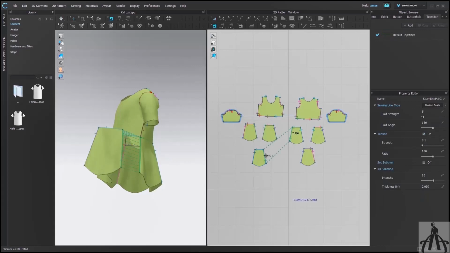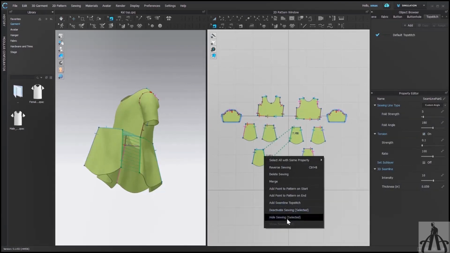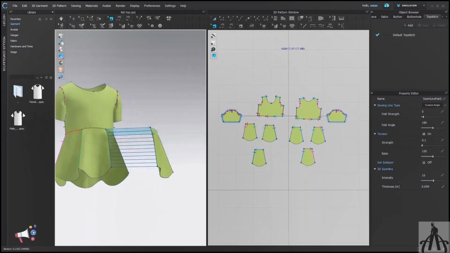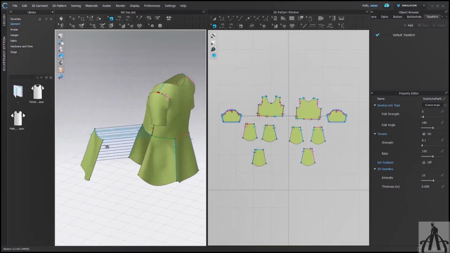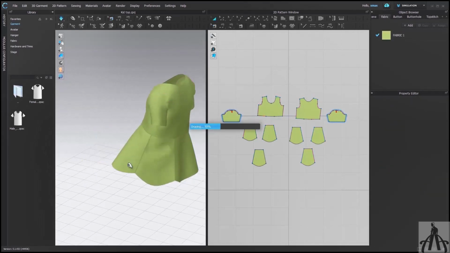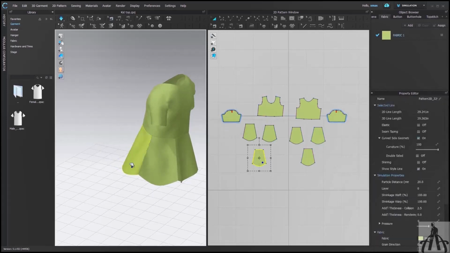Now our last option is Hide Sewing. As its name says, hide. That's why our sewing lines and marks are removed from both windows, but our sewing is still here. You can use this option if one or more sewings are disturbing you while working.